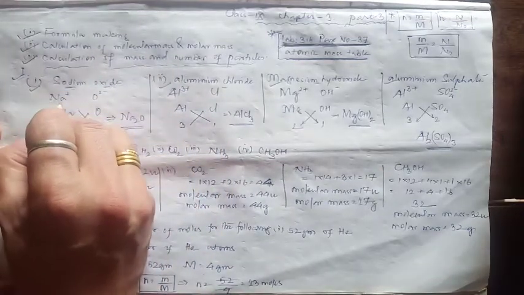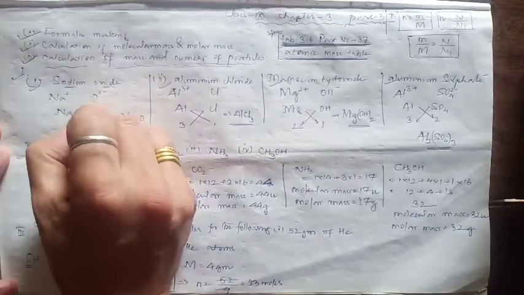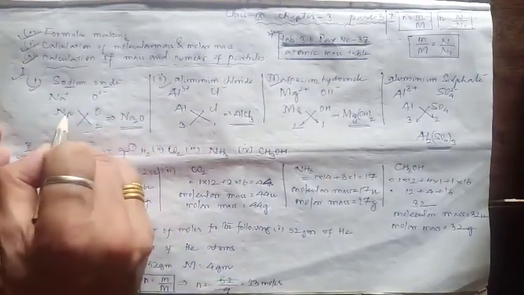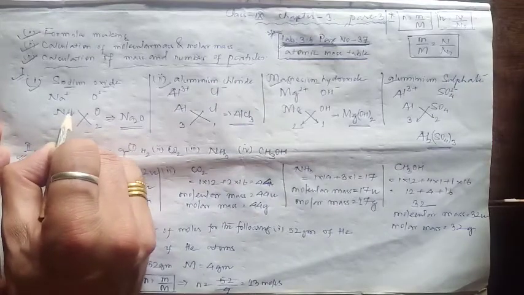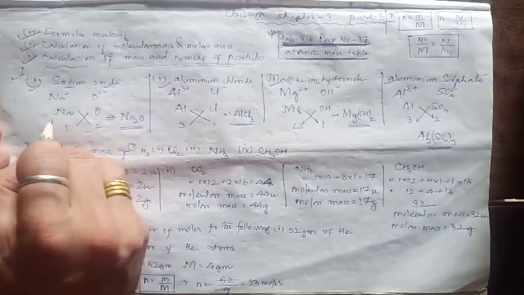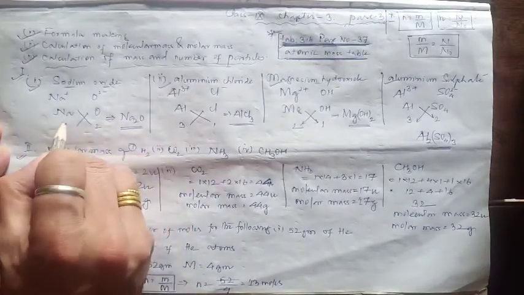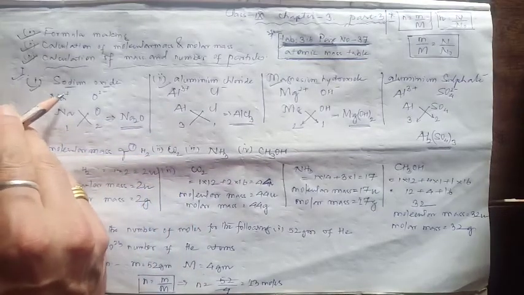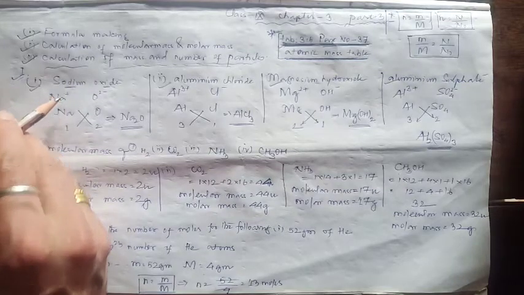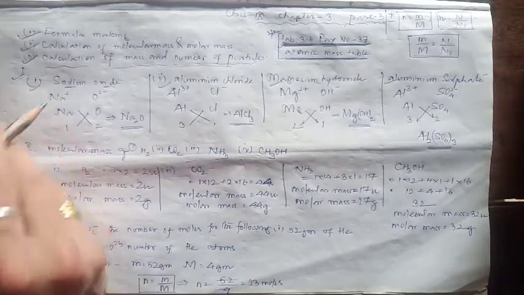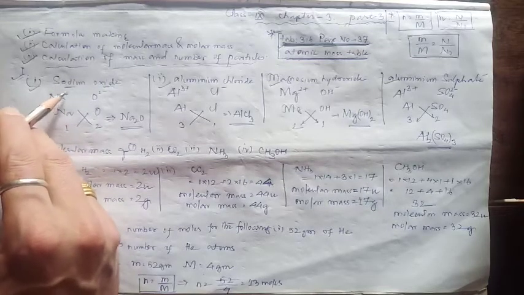So we know the formula of a sodium ion is Na+, and the oxide ion is O2-. So first you write this, then after that, you simply write the neutral atoms without a charge. So neutral sodium atom, neutral oxygen atom, and you write the charge. You can see here +1. It's only one plus. So we'll write 1 here. This 1 means the number of plus or minus charges. So the sodium carries a +1 charge.